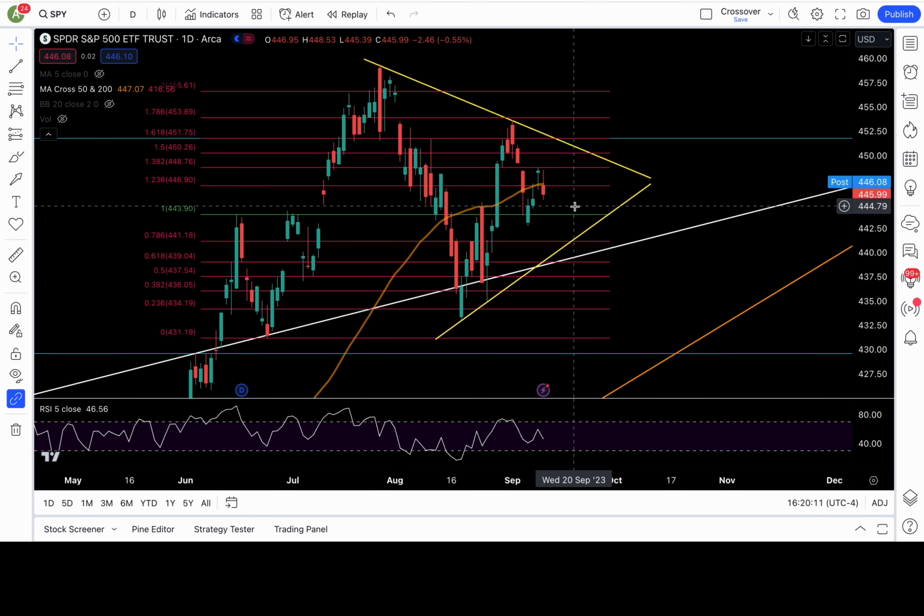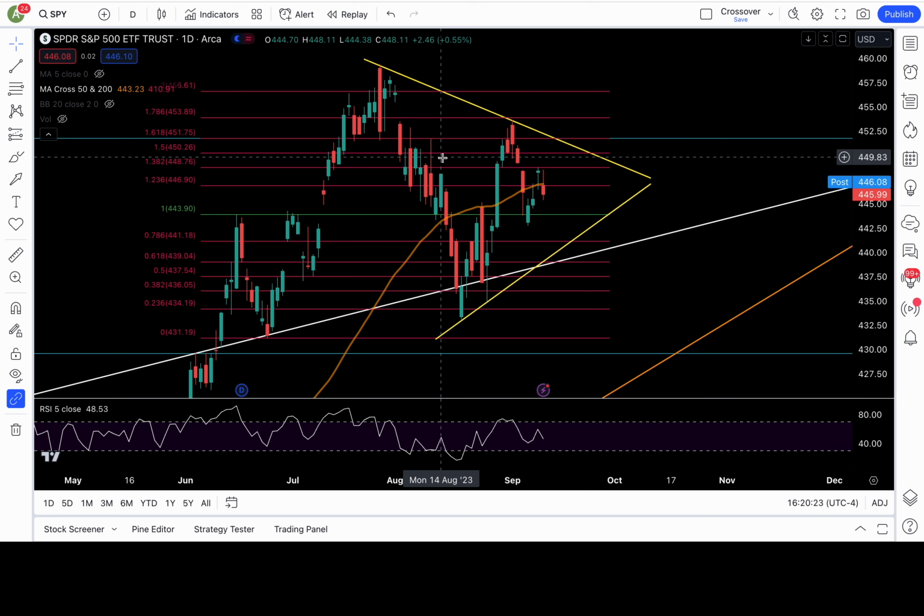Below 447, bearish, but it would need to break above 449. 448.4, you can reference that because it's the dark pool order, but I feel more comfortable with 449 because it's the fib level. All right?